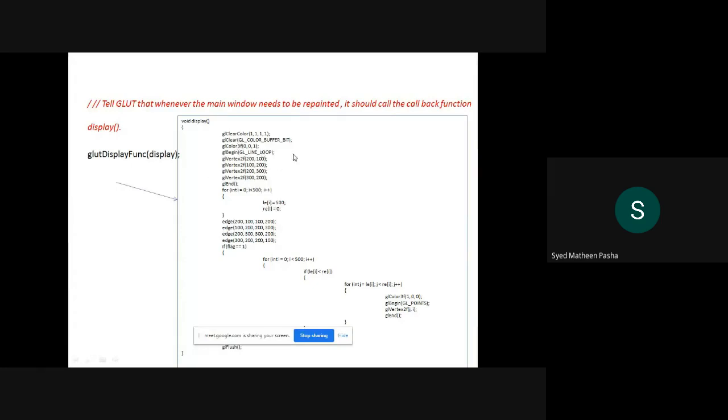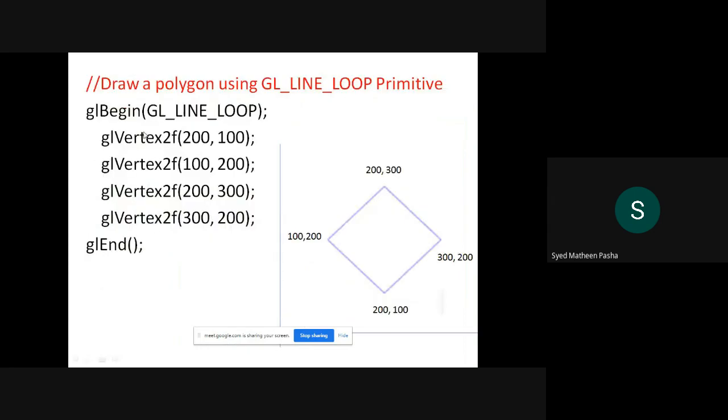This is a line-to-line explanation. As I told you here, I'm just repeating the same thing. I'll draw a polygon using this kind of primitive. The first vertex of that particular polygon is 200, 100. That is the bottom part. This part will be drawn here. If this is executed, it will be drawn here. Two points are drawn. From this point, I should draw this, that is 200, 300. From this to this is drawn, and you will get a polygon which is of type line loop. Check out here, line loop. It should be in a loop format. So I'll draw a polygon with the help of these terminologies.